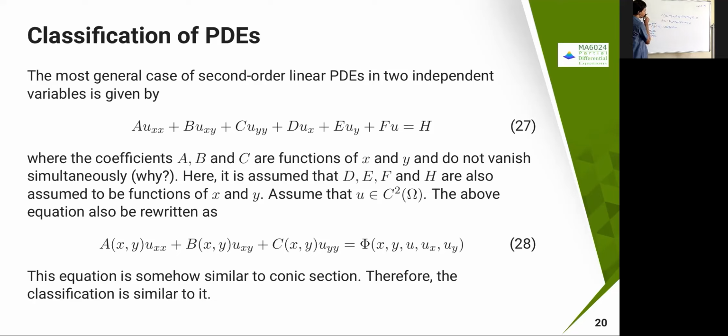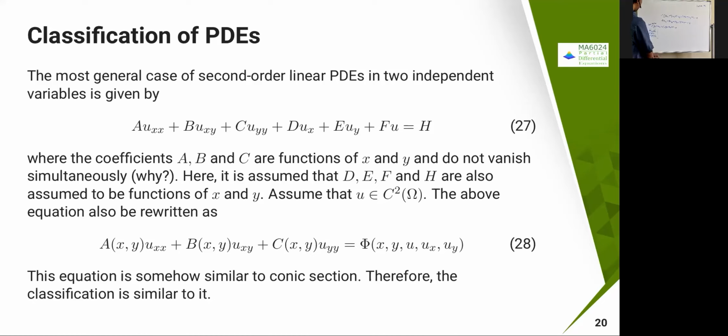So why do we use a similar kind of thing? If you remember your ODE classes, we used to get the auxiliary equation. Once you use y equal to e power m1 x, you used to get m1 squared, etc. If I use some kind of auxiliary equation in a similar way, I get a similar equation, and I can classify them again as parabola, elliptic, and hyperbola. That's the reason I'm going to classify the PDEs also in a similar way.